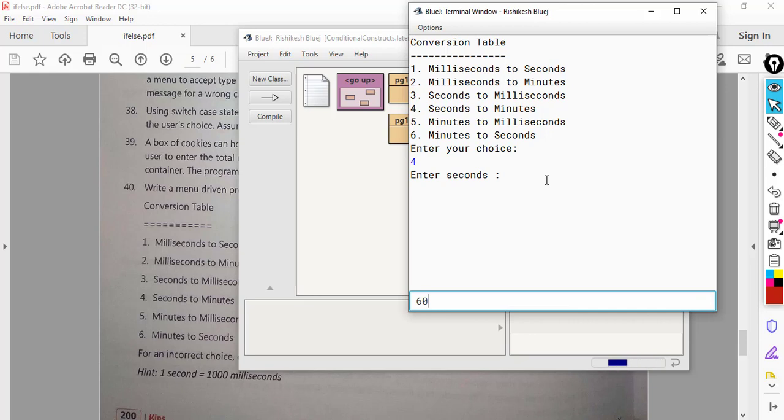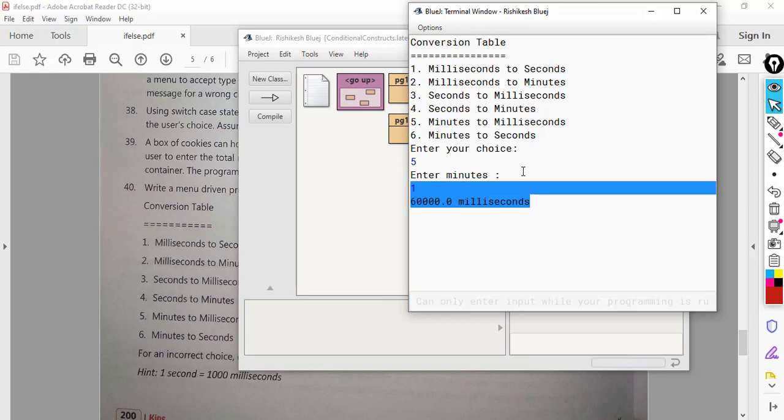We know that 60 seconds has 1 minute, so it's showing me the correct output. That means the expression is correct. Then we check the fifth one, minutes to milliseconds. 1 minute contains 60 seconds, and 60 seconds contains 60,000 milliseconds. So it's showing me the right output.